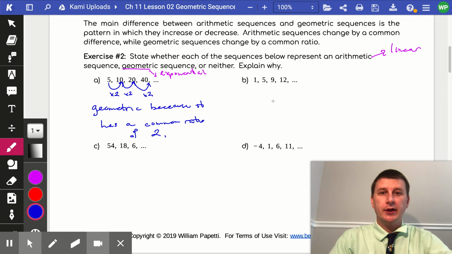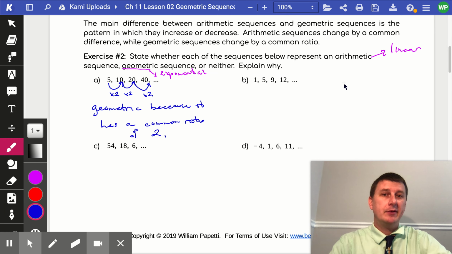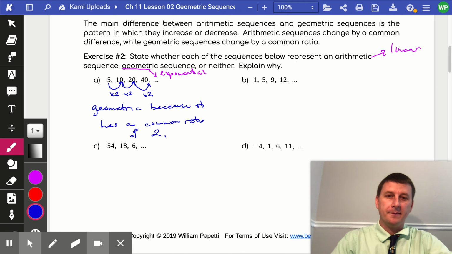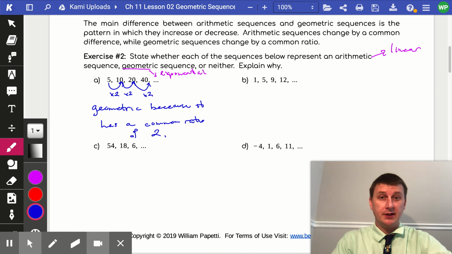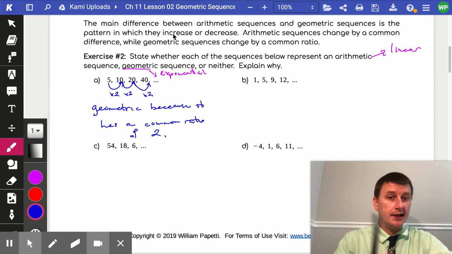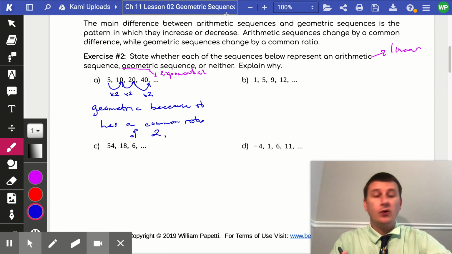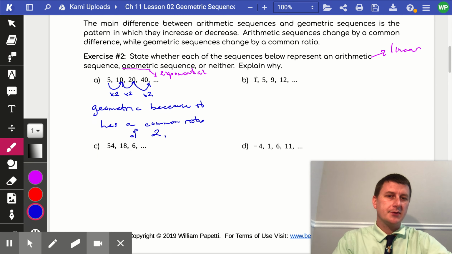Now taking a look at this one, again, determine whether you think it's adding the same amount over and over, multiplying the same amount over and over, or neither. Pause the video if you need to. Okay, so you probably just kept it going, or you unpaused the video because you know the answer now. And if you were thinking that you add 4 every time, you would be so close, but yet so far. Because yes, 1 plus 4 is 5, and 5 plus 4 is 9, but 9 plus 4 does not give you 12. 9 plus 4 gives you 13. So this one you're adding 4, adding 4, adding 3, so this one's neither